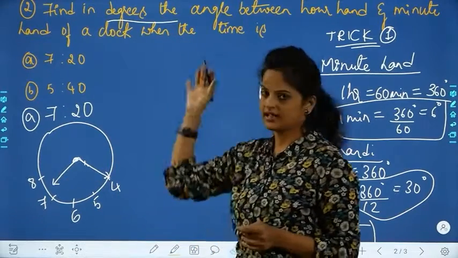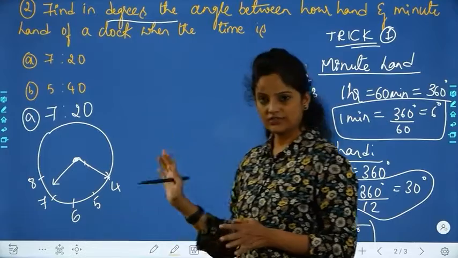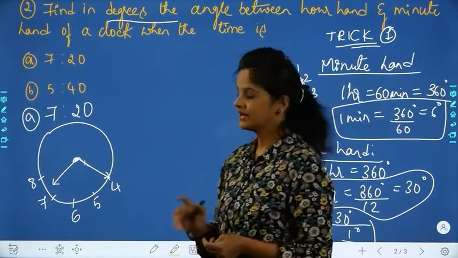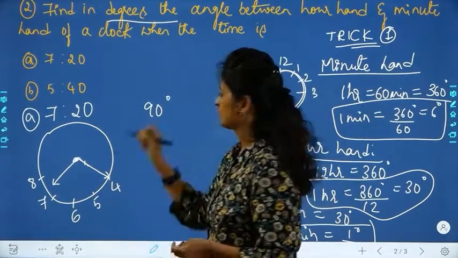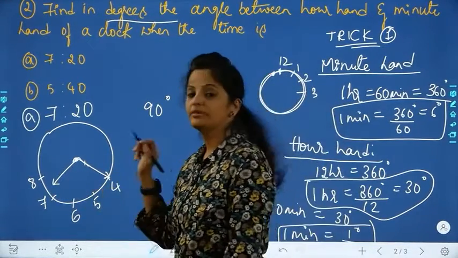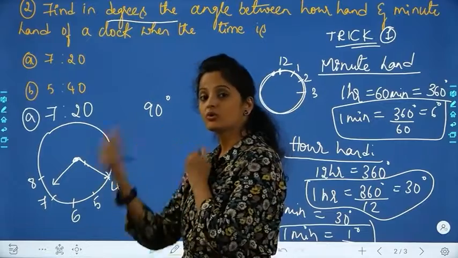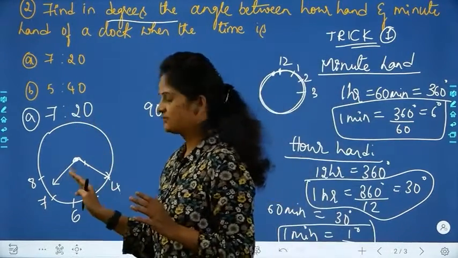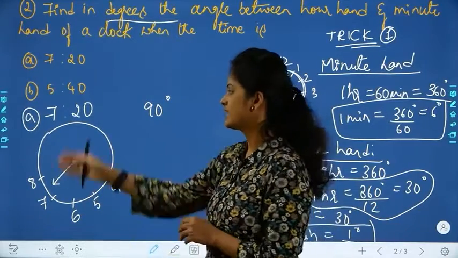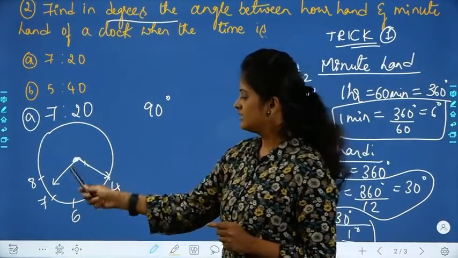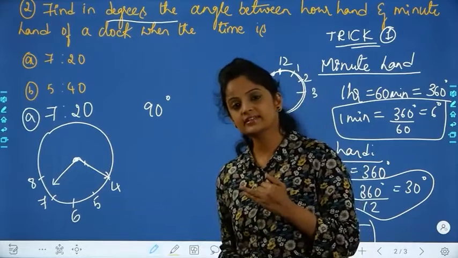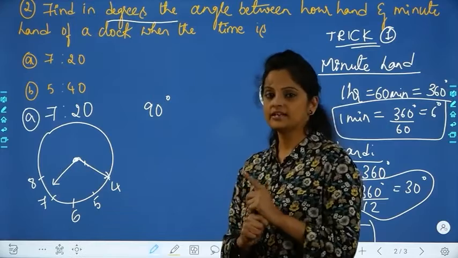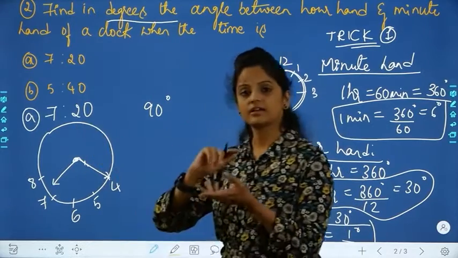All what we are talking about is angle. So find the angle roughly. What happens here? 1 hour is 30 degrees. So totally I am getting 90 degrees. Right? So will it be exactly 90, or more than 90, or less than 90? This you have to think. If you see the timing, we are all used to this clock. So whether it is at 90, exceeding 90 degrees, or less than 90 degrees, it will be more than 90 degrees because already 20 minutes have passed.